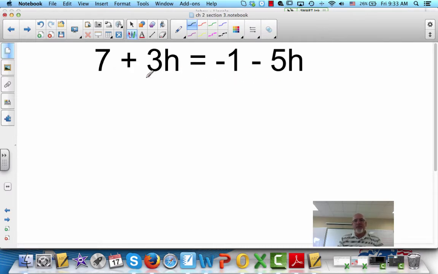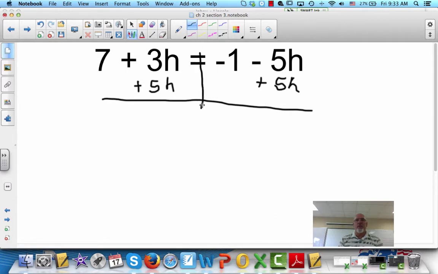We want the h's to be on the same side. So it doesn't matter which one you start with. You can get rid of the 3h, or you can get rid of the negative 5h. Okay, I'm going to get rid of this 5h. And the way I get rid of it is I add 5h to both sides. Okay, so now these 5h's cancel each other out, and I'm left with 7 plus 8h